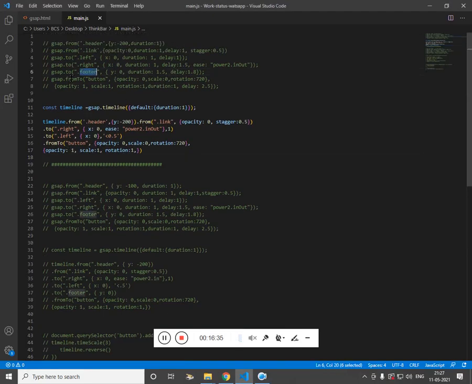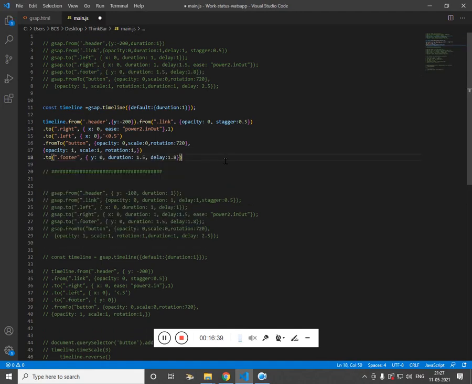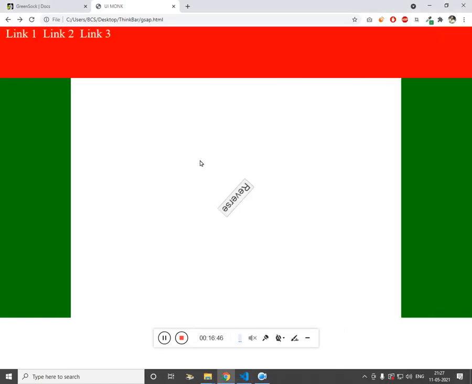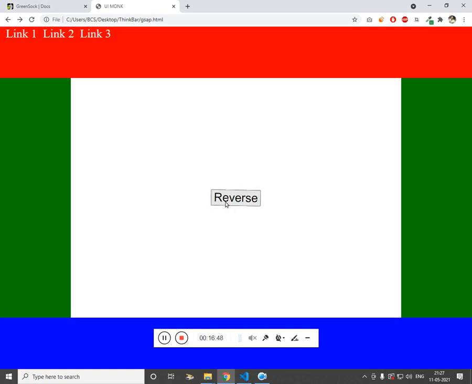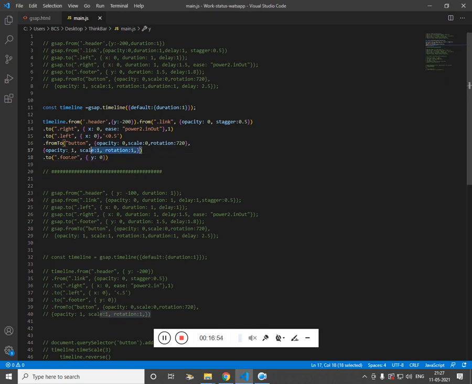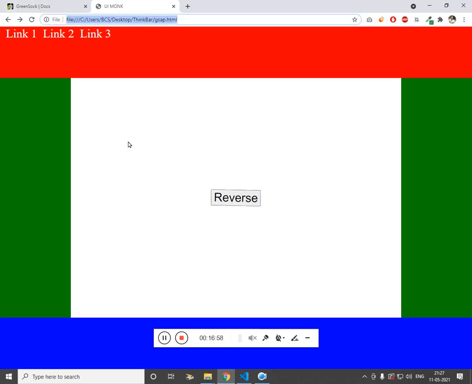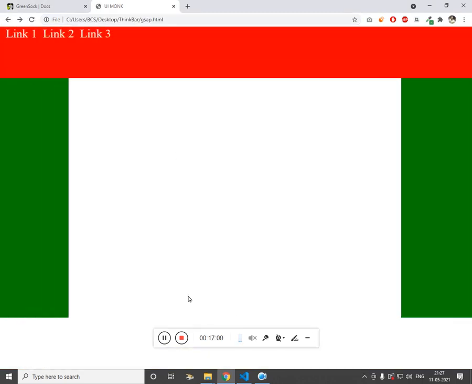Get the footer 2 with the help of dot. We don't need delay and duration. After 1 second right, 2 second. If you want this to show up first and then the button, you just have to change the position. That's it. So now what happens is, first the footer shows up and then the button shows up.